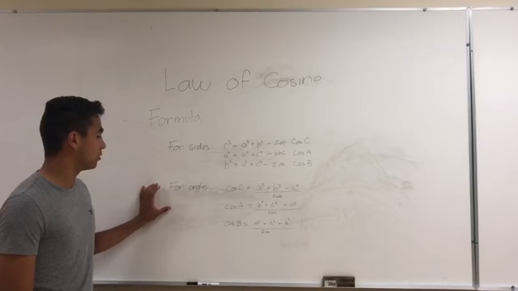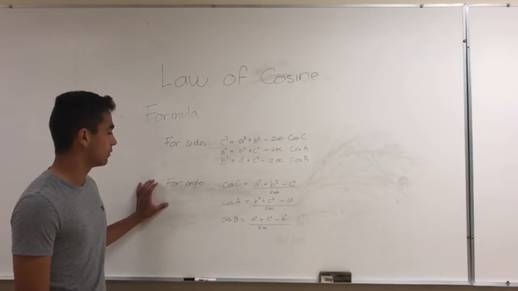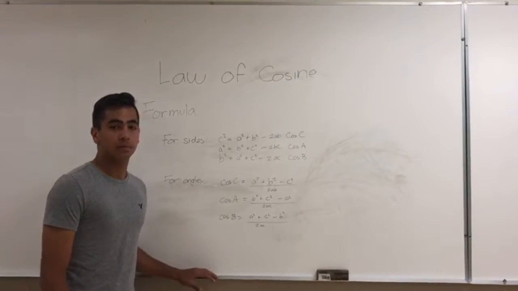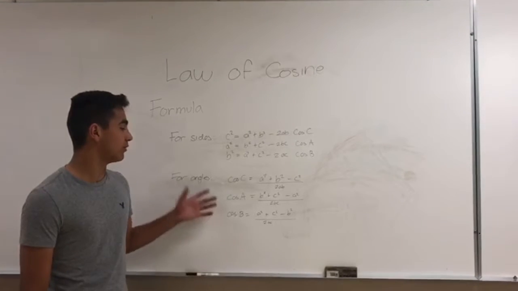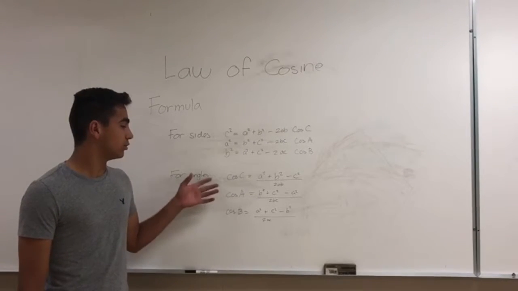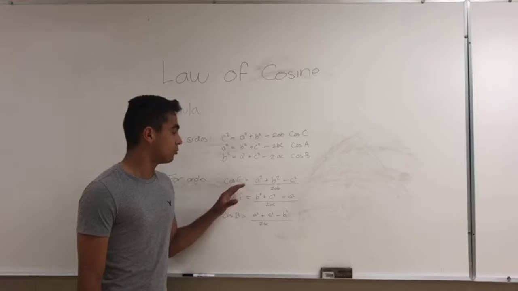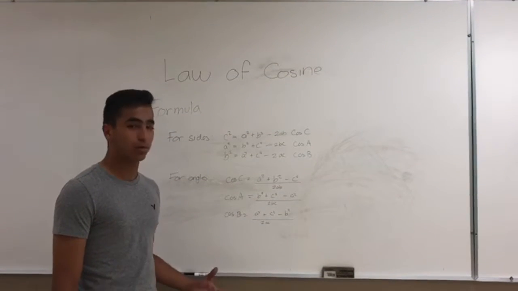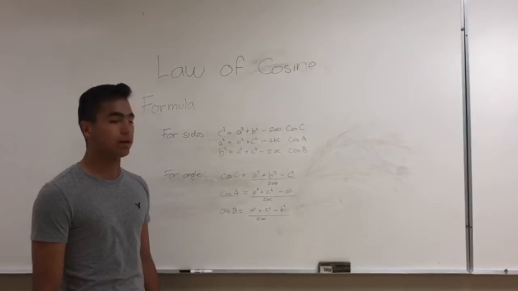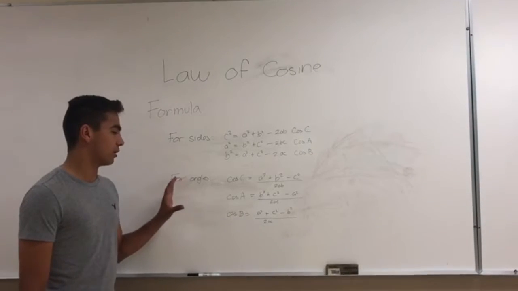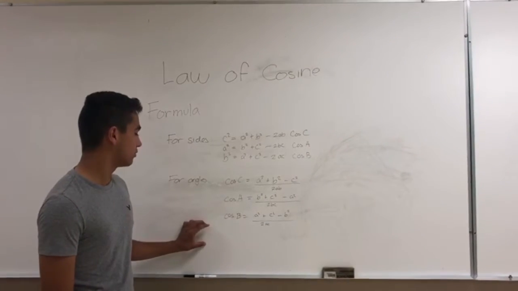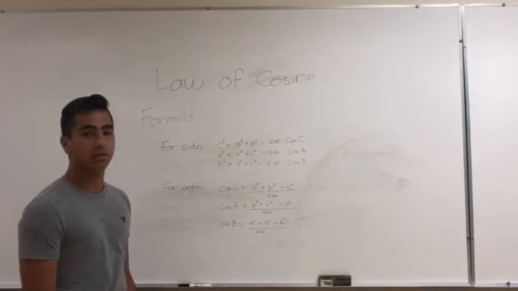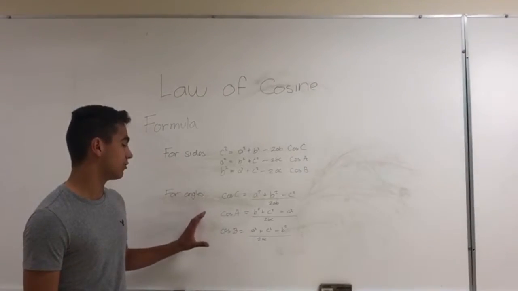And for finding the angles, you have to use the cosine of the angle you want to find. So for example, if you want to find the angle C, you have to use cosine of C equals A squared plus B squared minus C squared divided by 2AB. And the same for the other angles. If you want to find the angle A, you have to use a formula for A